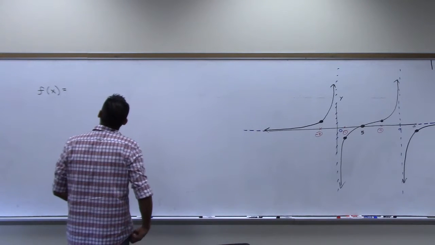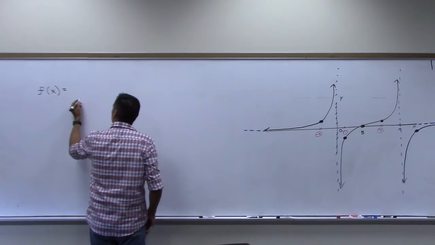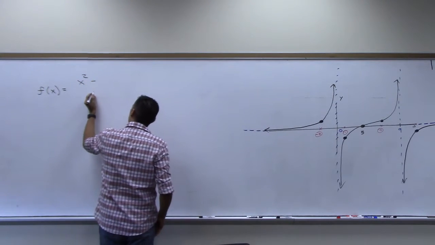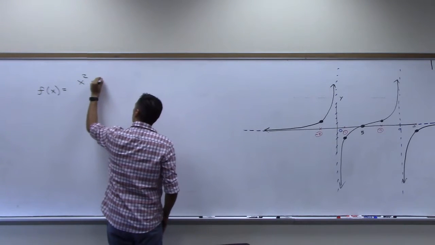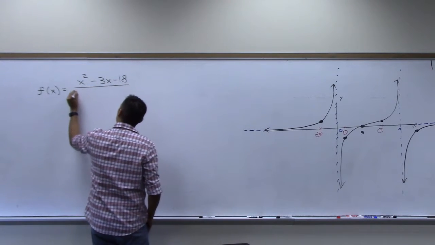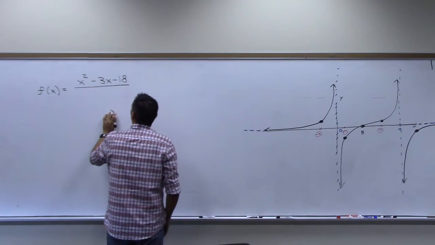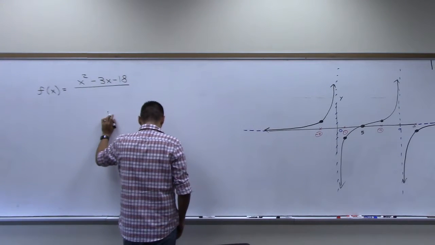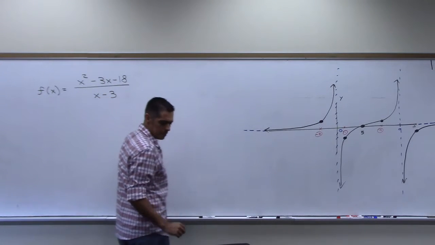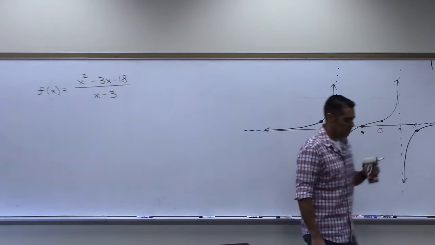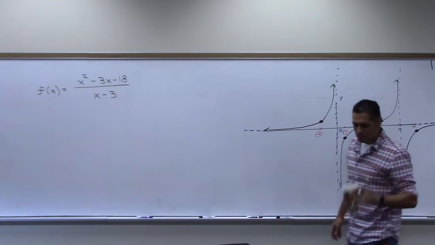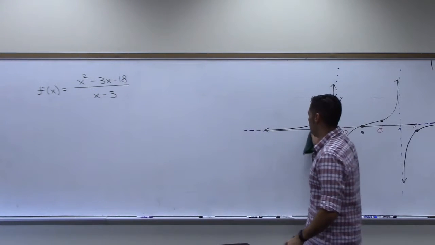How about f of x equals x squared minus 3x minus 18 over x minus 3. Is this a rational function? Yes, it is. First step,